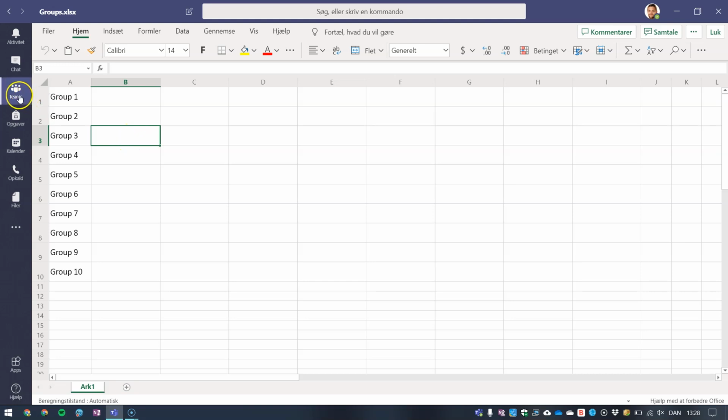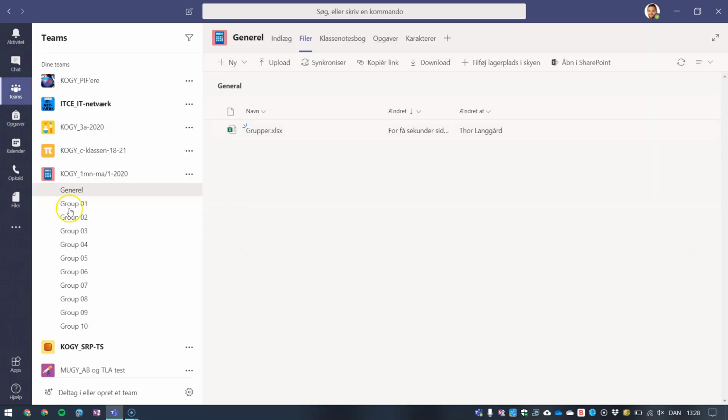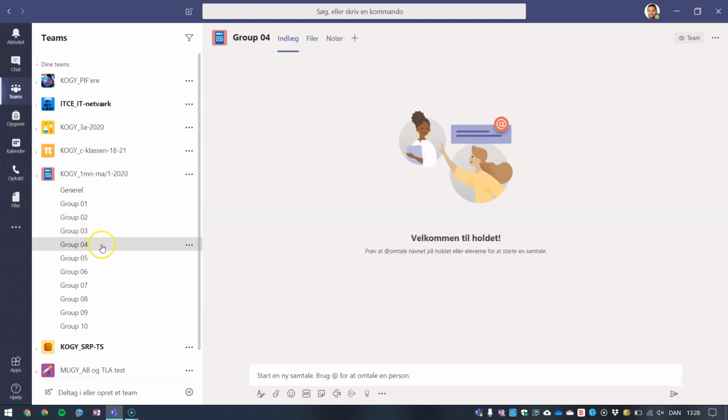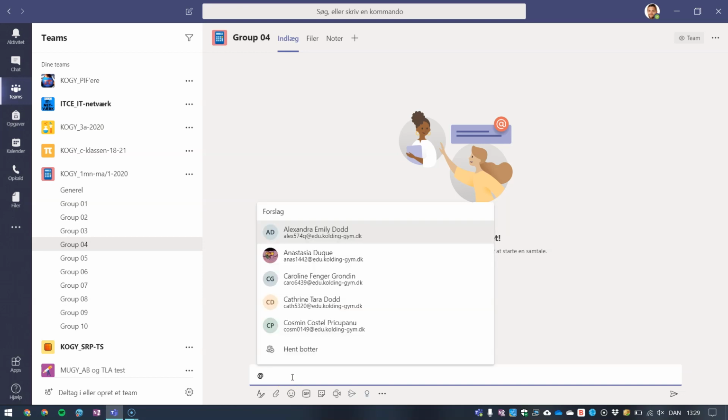When you've done that, you click back to Teams, and then you go into your group, and then you'll know that in this group, you and the other ones that wanted to be in a group with you are going to be in here. So you can share documents and you can have little chats and stuff like that. But now the important part is, within this group, if you make this sign, then you can see